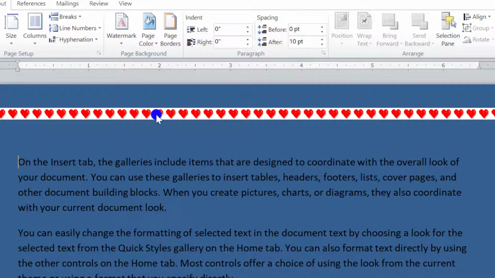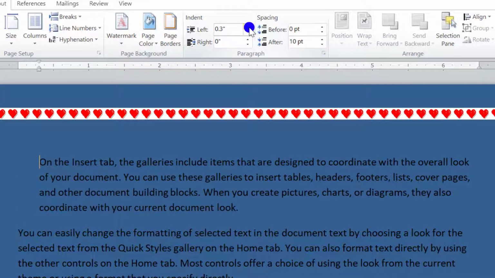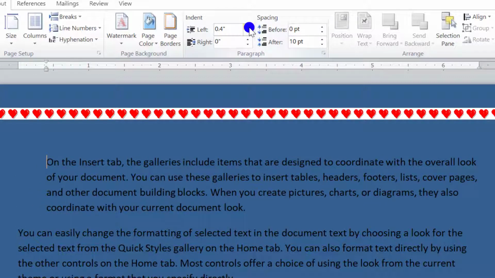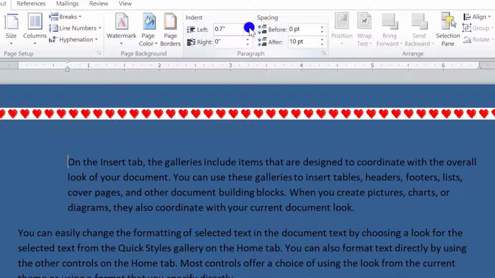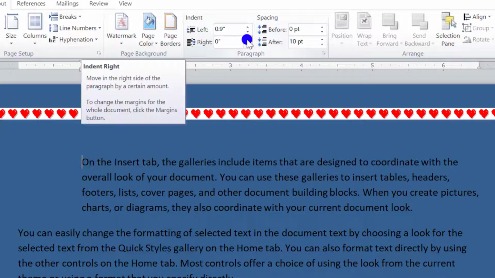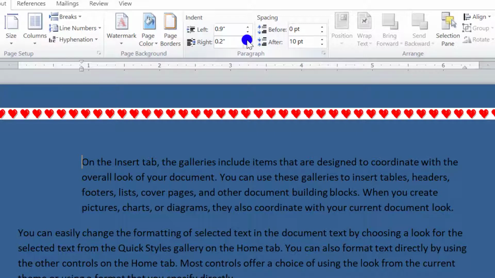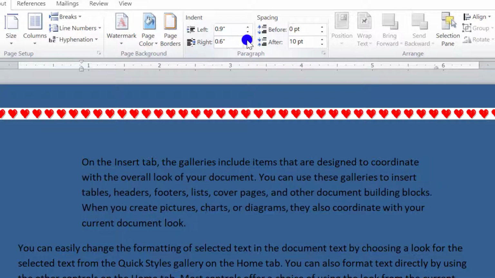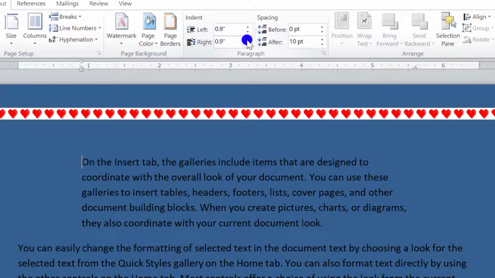Suppose I want to change the position like this. Look, I am shifting the indent from the left hand side, you can see. In the same sense, if you want to shift it from the right hand side, you can do it like this. Look, the changes are made only on that first paragraph. This is the way by which you can change the indent.